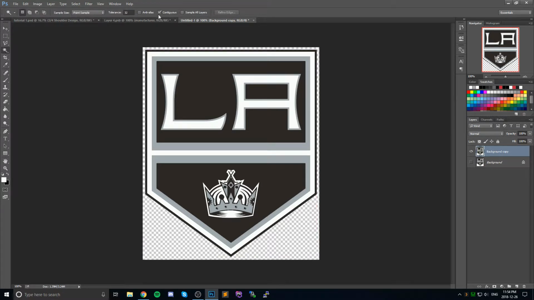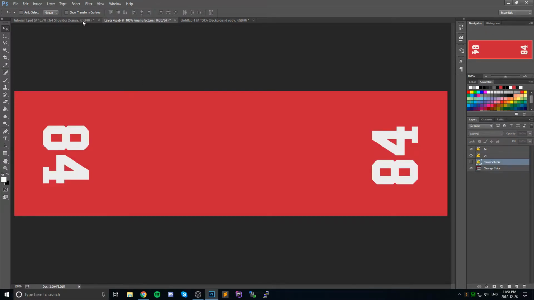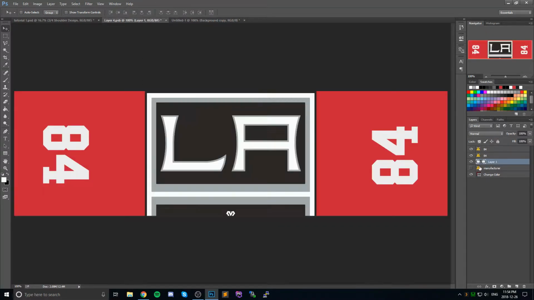One more thing I should point out is I do have anti-alias turned off because it will have a bit of jagged edges in here, but when you actually go to put it in the jersey and resize it, that'll all smooth out on its own. Alright, so I'm going to copy this layer, so I just click the layer, press Control A and Control C, and I'm going to paste it into here with Control V,